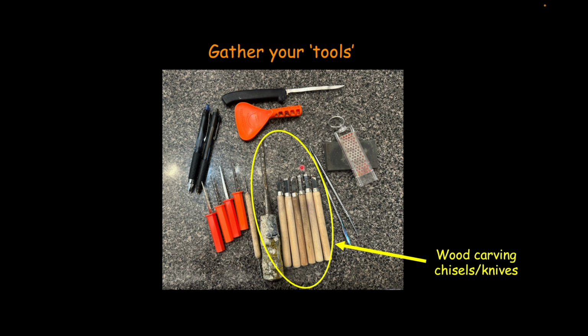You'll need some wood carving chisels or knives, and this is the original chisel that I carved those first pictures of my kids with. It's actually a wood chisel. This was not very handy because it's big, and I tried to grip it down here, and you have this big heavy end. It's just not good. You can get these kinds of wood chisels and knives. You can see their sharp blades are here. You can get these in any hobby store. So Michael's, Hobby Lobby, you can get them most any hobby stores.